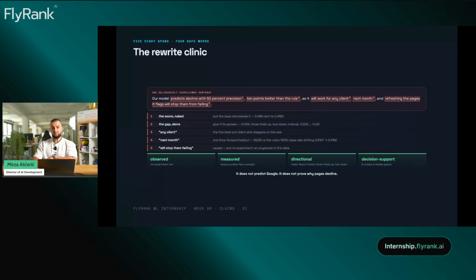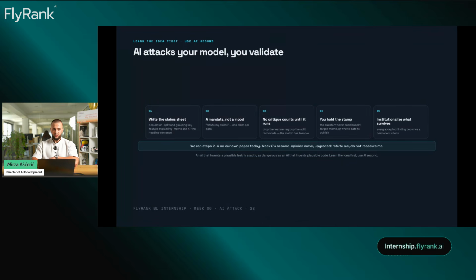About the decision support, our work helps people decide what to do, and it does not tell them what will happen for sure. It does not say why pages get worse. It just helps them choose pages to check. We also need to say how big the change was. That's a very critical part. Our model helped find about 5 more good pages out of 50, but it did not always make things better. So now let's use your AI assistant to check your model.